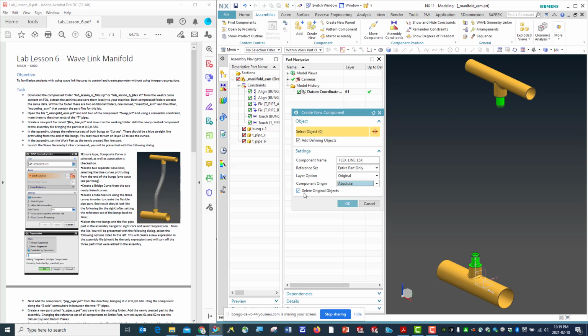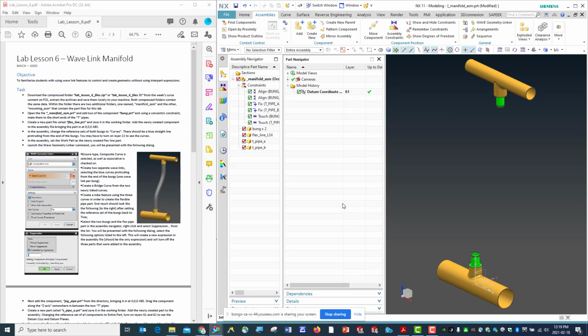This says delete original objects, but because we don't have anything selected, we leave it here. Be careful: if you do want to delete original objects, then you want to make this active. Usually we don't. Make sure we use absolute component origin, and hit OK. Now you can see a new part with the name flex underscore line underscore LX